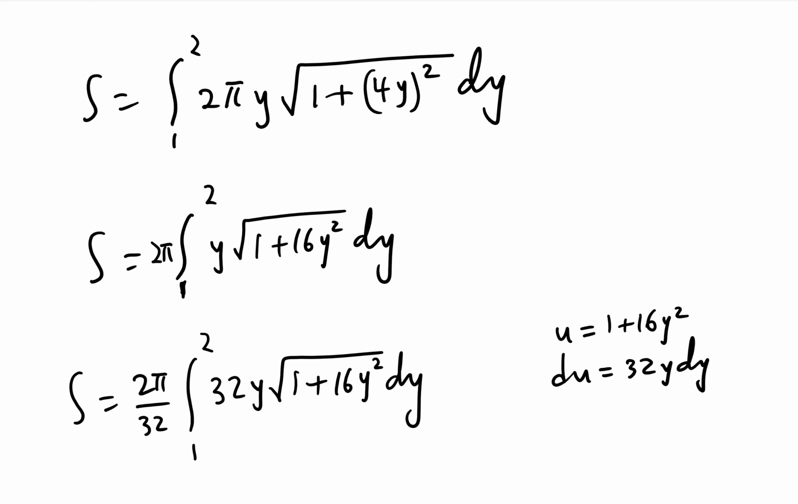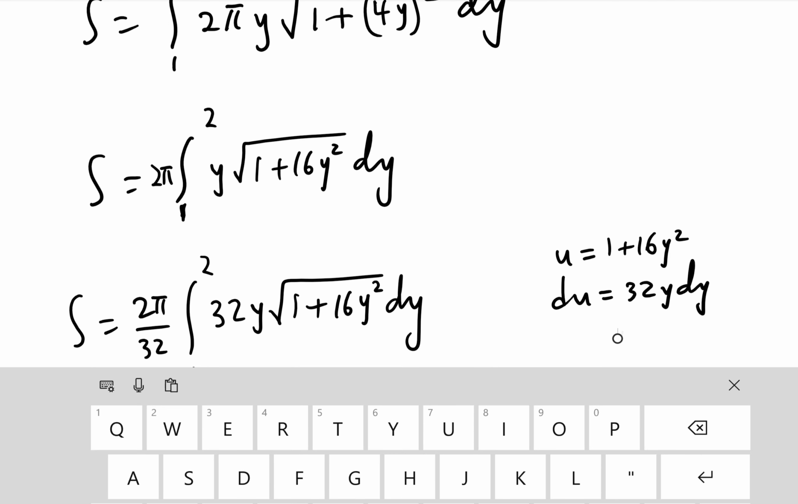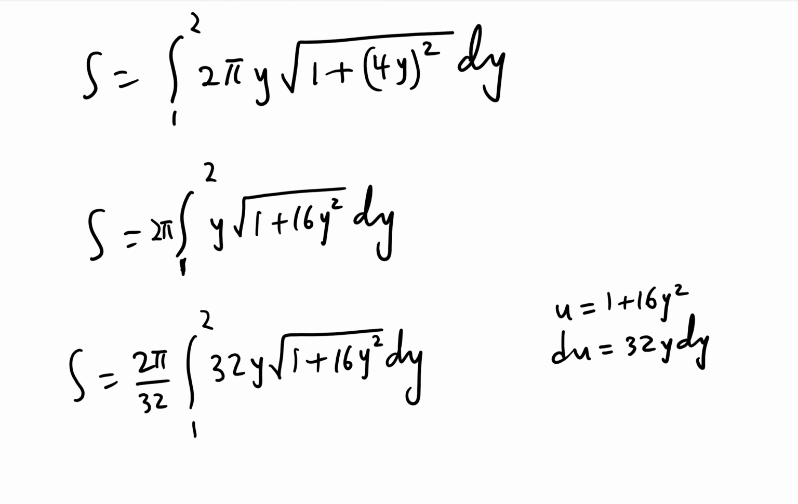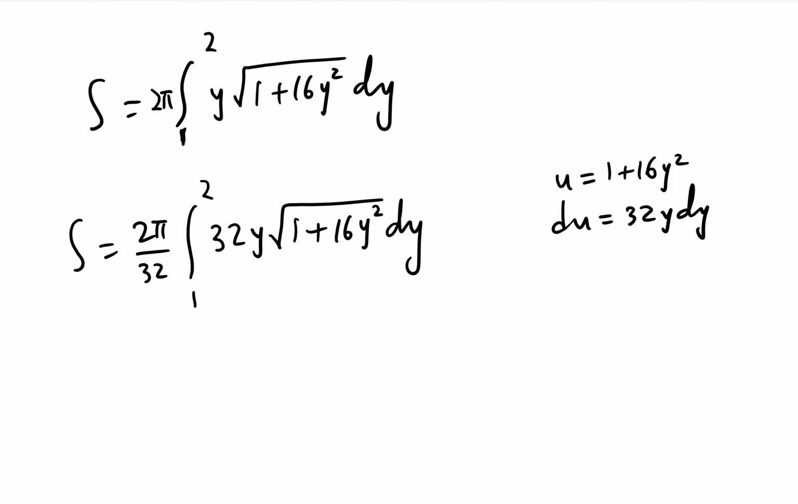Now we can do this. I usually do it on the side. I forget about the bounds for now. We do it on the side to get the pi over 16 integral square root of u du. Take that thing out, u to the 1/2 becomes u to the 3/2, 2/3. Of course, plus c if you like, but